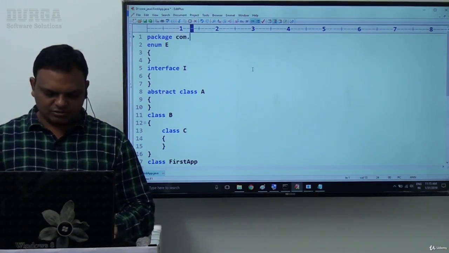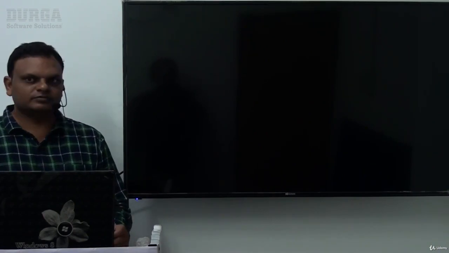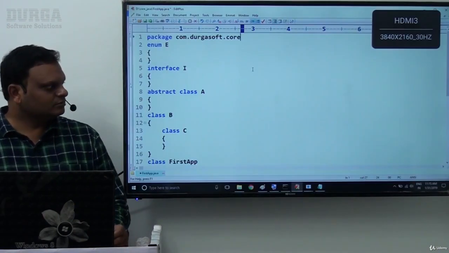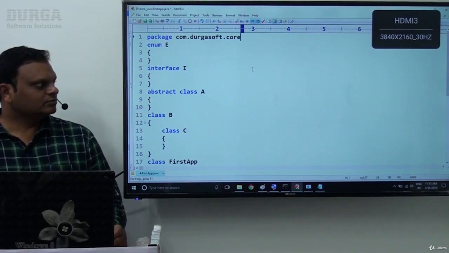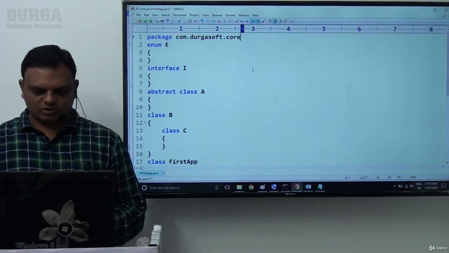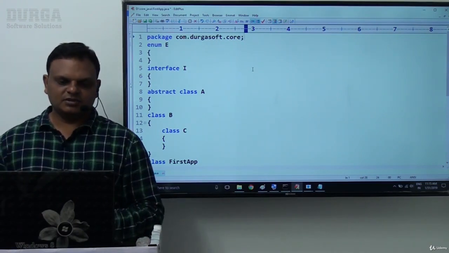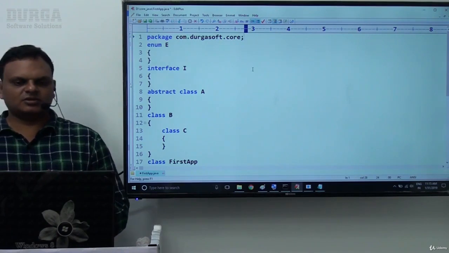Package com.durgasoft, let's say for example core. That's it. Package com.durgasoft.core; this is my package statement in my present Java file.